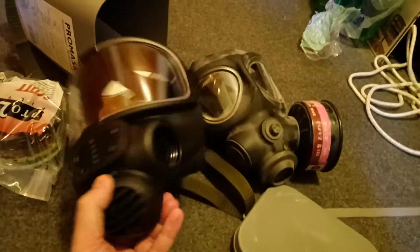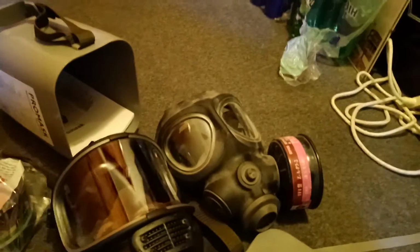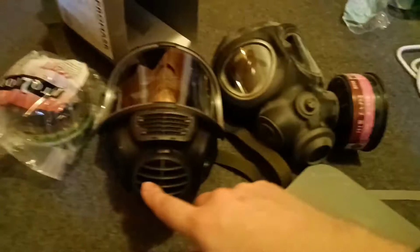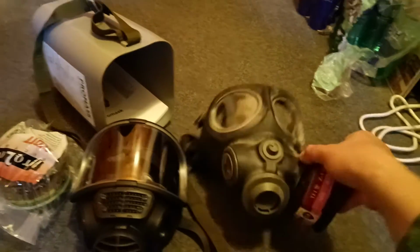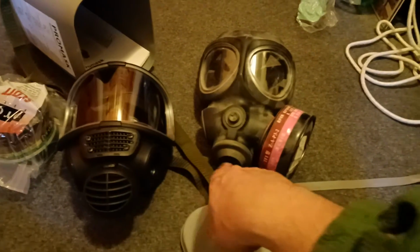Now, if you've seen my video on the Promask or the M98 before, you'll be already familiar with this. But this is one of Scott's best masks. It's basically a panoramic 40mm mask with a little voice diaphragm there. Exhale valve is there. I think I might have had the version before with a little grey outsert bit. But this is an M110, which was basically a slightly different variant of the Finnish M95 defence mask, because I think my old M98 had that sort of valve at the bottom. So anyway,